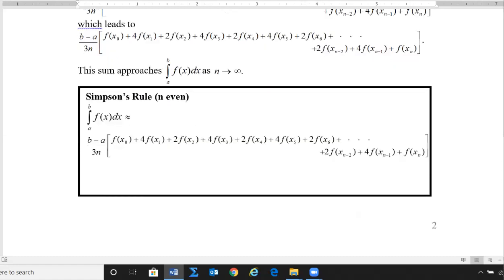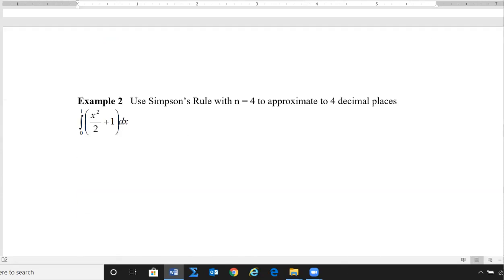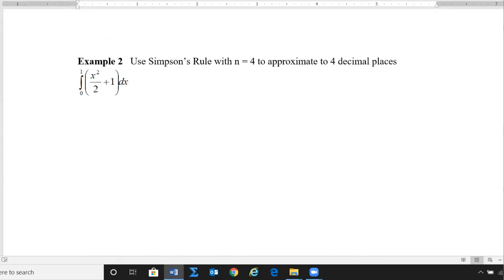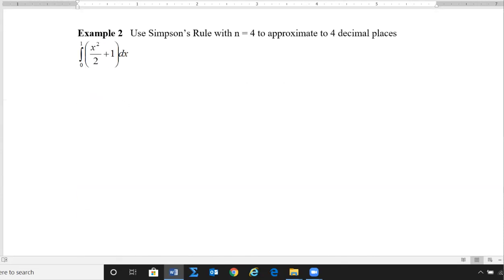So here's Simpson's rule, and pay attention to the pattern in the coefficients. It helps you remember it while you're writing it down and using it. It's b minus a over 3n instead of a 2n. And notice the alternation of the coefficients: 4, 2, 4, 2, 4, 2, and then 1 on the end. So let's go ahead and use it to do the same integral we just did